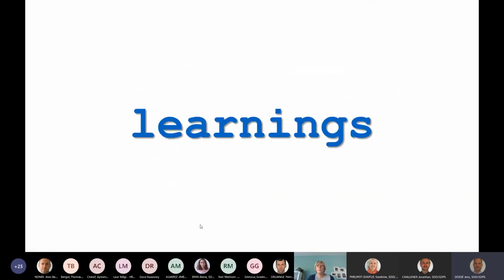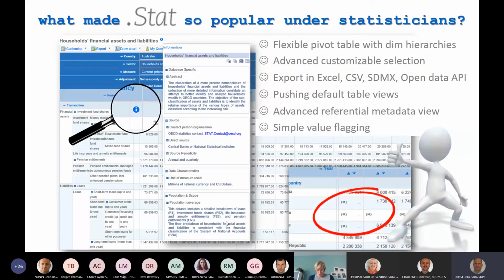I will start first with the key learnings from the previous .Stat browser that you might know, that is currently still live in many of the SIS-CC organizations. And when we developed the Data Explorer, it was very important to take these key learnings and then try, of course, to improve what can be improved. But first, we have looked into what is actually very much appreciated, and especially by the statisticians, because the data browser in .Stat